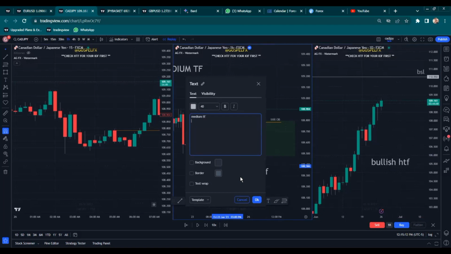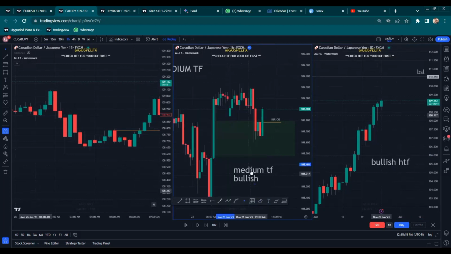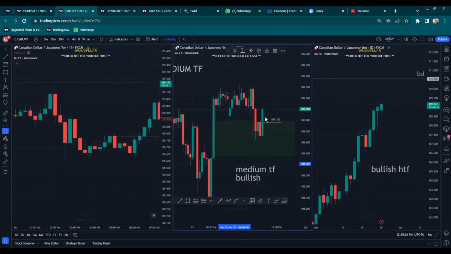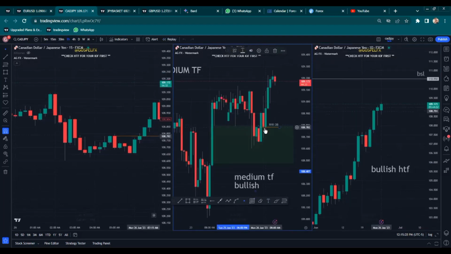On the medium time frame we are bullish as well. Okay, so now we are going to the lower time frame. After seeing this, we have confirmed that there's sponsorship for price to continue the up movement. So what we're doing now is going back to the lower time frame to see confirmation inside